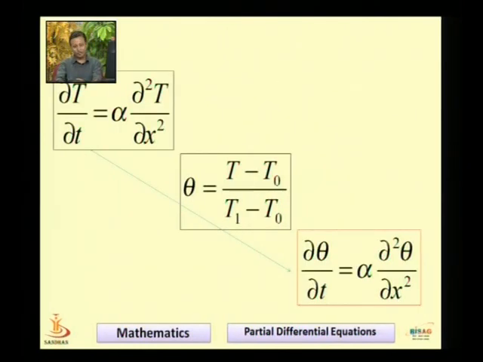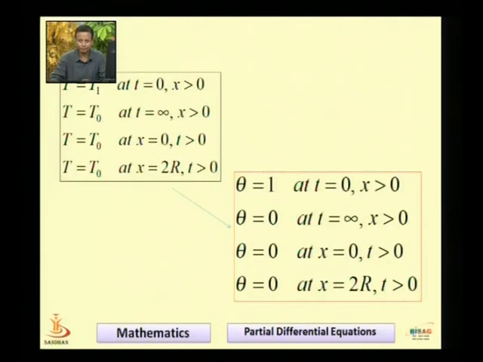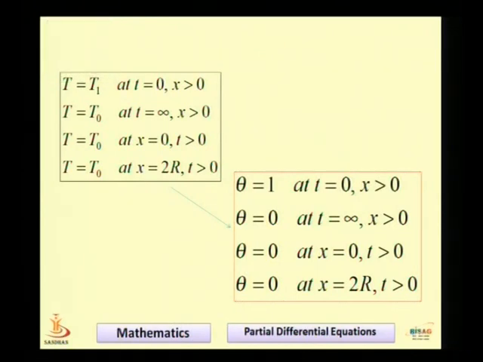So the differential equation del T by del t equal to alpha del square T by del x square is transferred to another coordinate by the transformation theta equal to (T minus T0) by (T1 minus T0) for some simplification, and it takes the form del theta by del t equal to alpha into del square theta by del x square. So this transformation simplifies the boundary conditions that are going to be used. So the given boundary conditions in terms of capital T, temperature, now under the given transformation take this form: